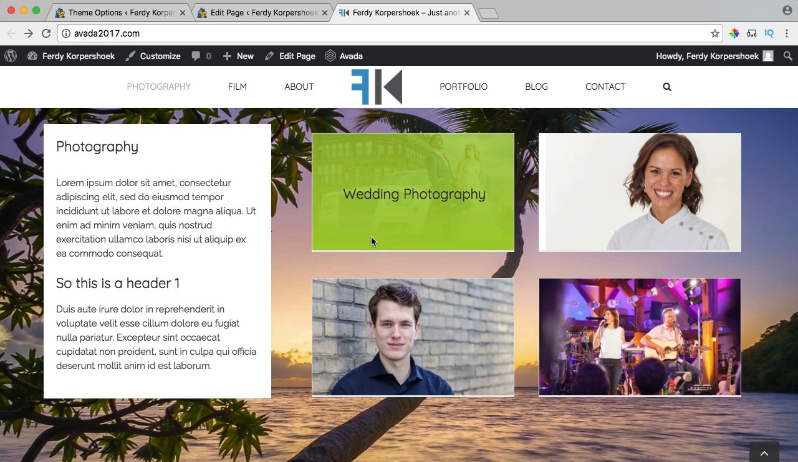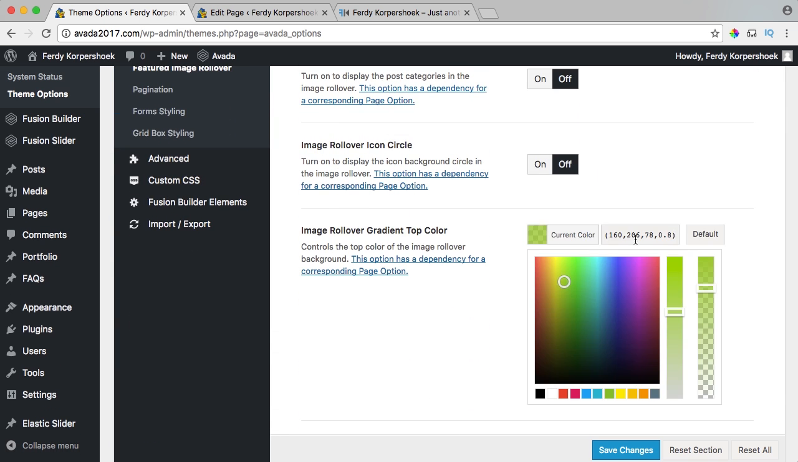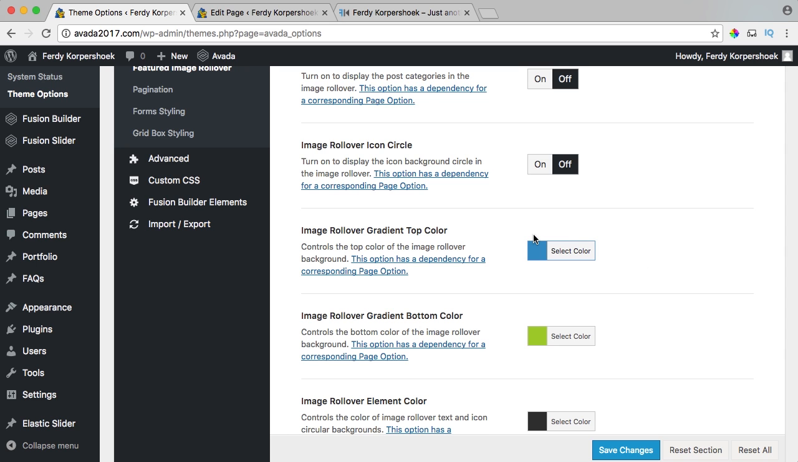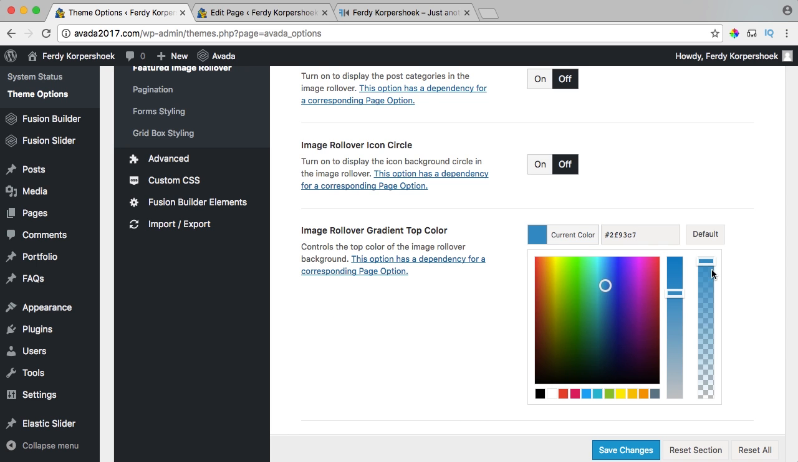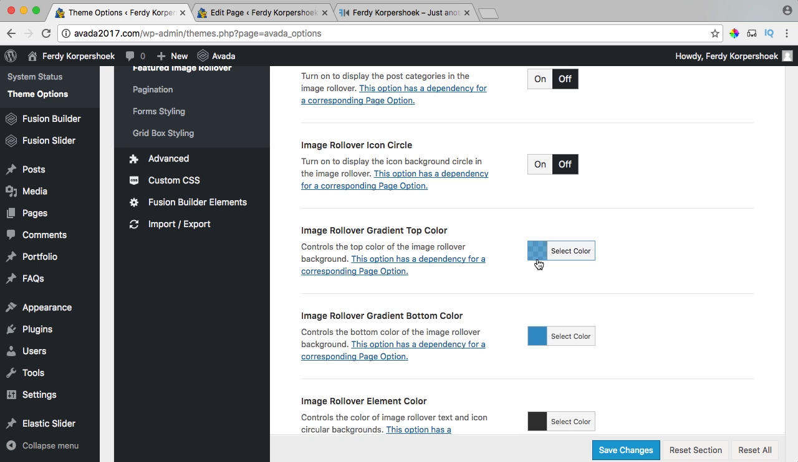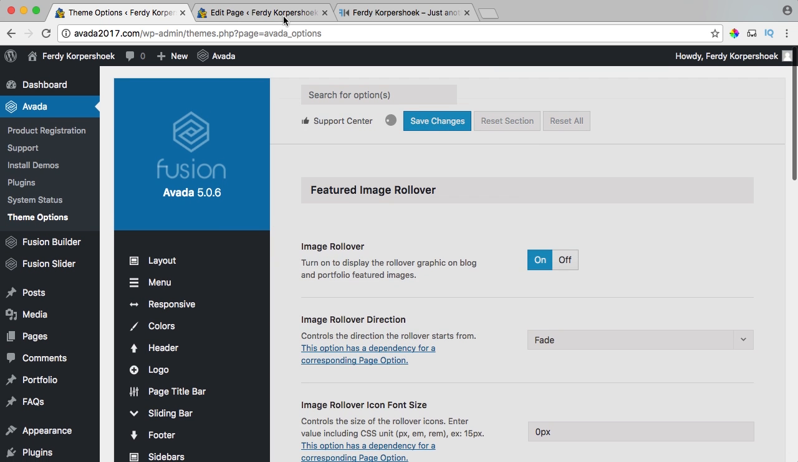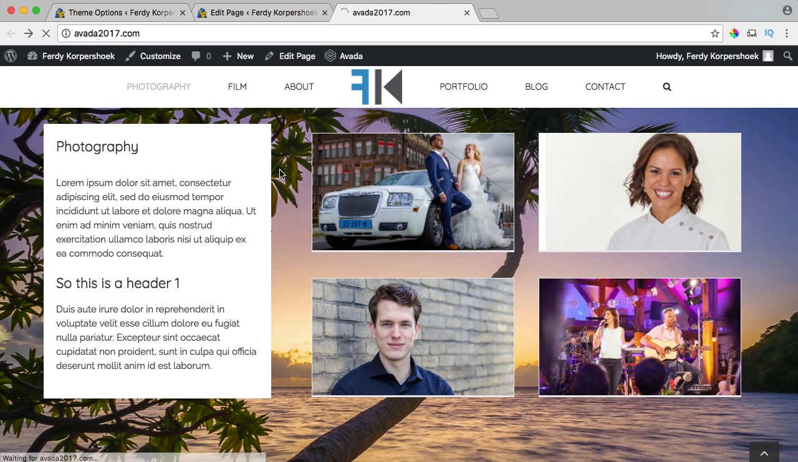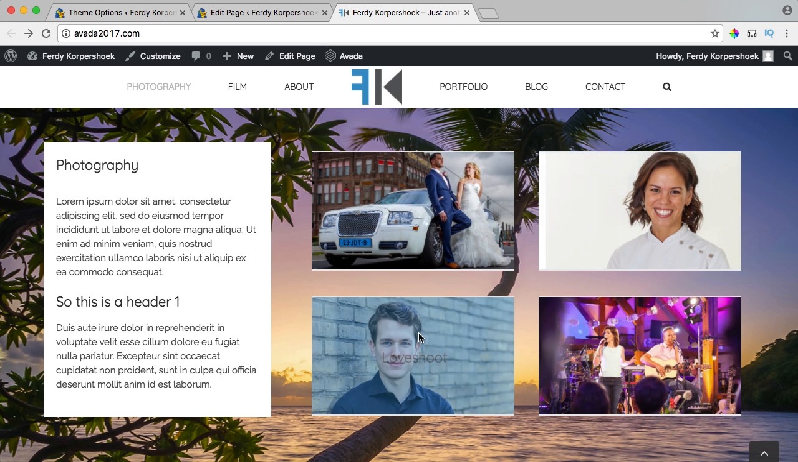It's a gradient. So I can change it and I want it to be a flat rollover. So I change it to this color and also this one to this color. And I can say change the transparency to something like this. I can copy it and paste it. And now if I save the changes and I refresh it, it looks like this: wedding photography, business photography, love